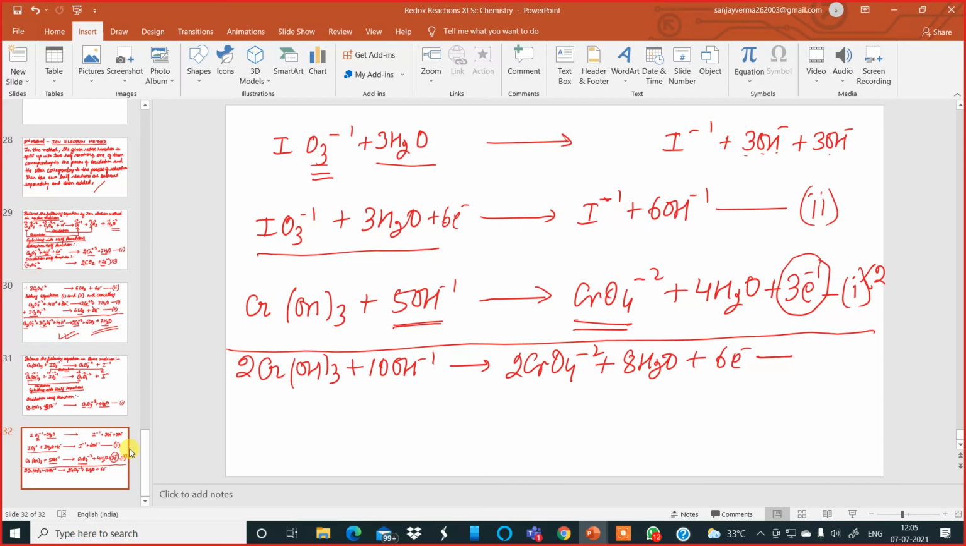Now I can add equation 1 and 2. This is equation 1. I will add equation 1 and equation 2. So before adding, I can cancel the number of electrons, and add them mathematically. So to add them mathematically and then write it properly, arranged in a nice manner, I get 2CrOH thrice plus I'll write iodate first, IO3 minus 1 plus 5 OH minus,